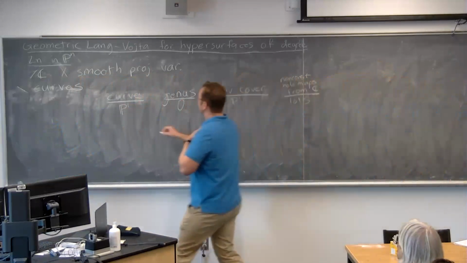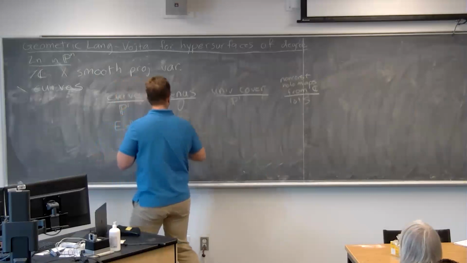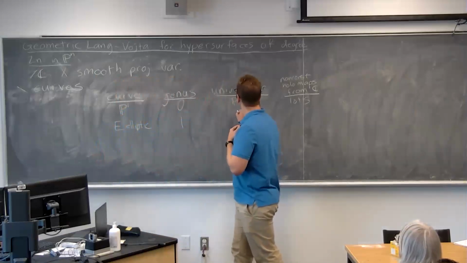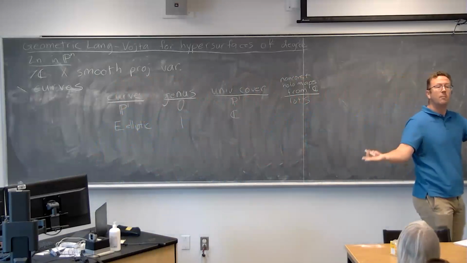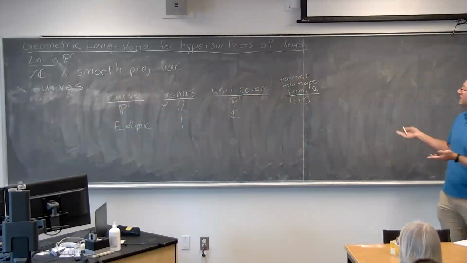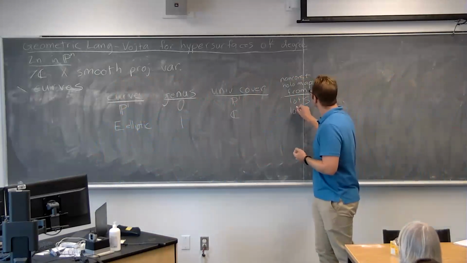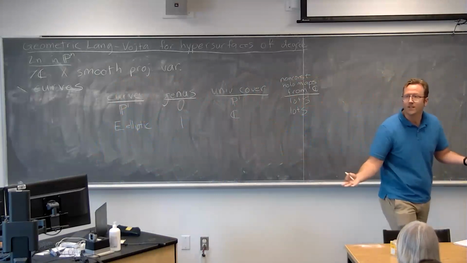But let's do another curve. Let's do an elliptic curve. These have genus 1. The universal cover is the complex numbers themselves. Elliptic curves are just the complex numbers mod out by some lattice. And there are also lots of non-constant holomorphic maps from C, like, for example, the universal cover or any translate of it.